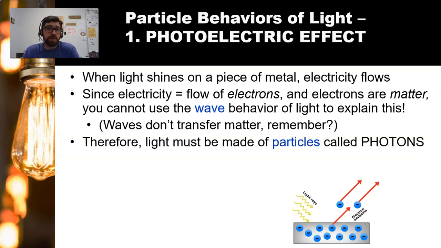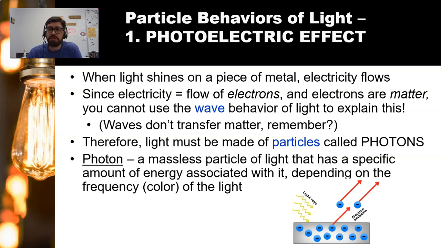So that's one of the reasons why we postulated that, not we, but someone else other than me, way smarter than me, that light is made of particles, and those particles are called photons. Now, a photon is simply a massless particle, a massless piece of light that has a specific amount of energy, and we'll talk about in the solar wind the energy associated with that photon. And actually, when we get to nuclear, we'll learn that energy and mass are flip sides of the same coin. So we got some interesting nuclear stuff going on there.